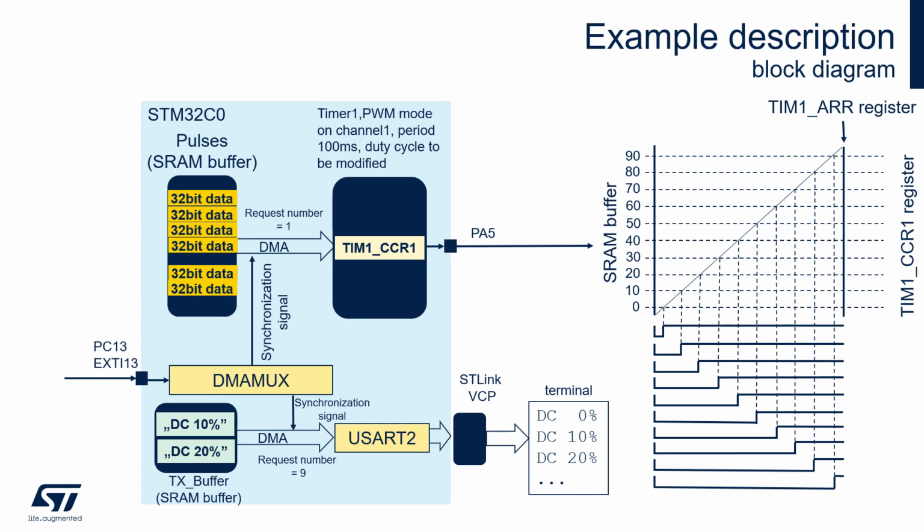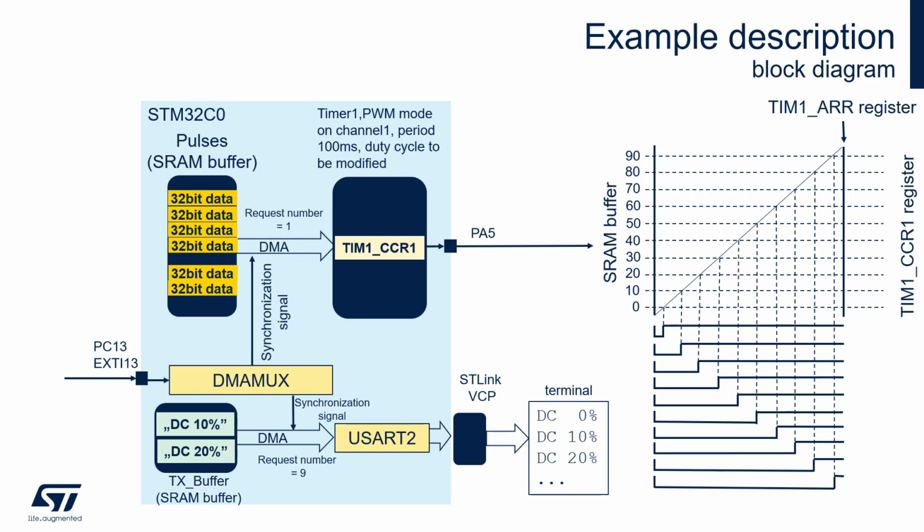Here is a simple description of our lab. On the left side we can see the block diagram of the complete system. We'll use timer 1 in PWM mode on its channel 1 with period set to 100 milliseconds and flexible duty cycle. The output of this channel 1 will be redirected to PA5 pin, where we can see as well the green LED connected on the board, and the pulse value of this timer, which is stored in capture compare